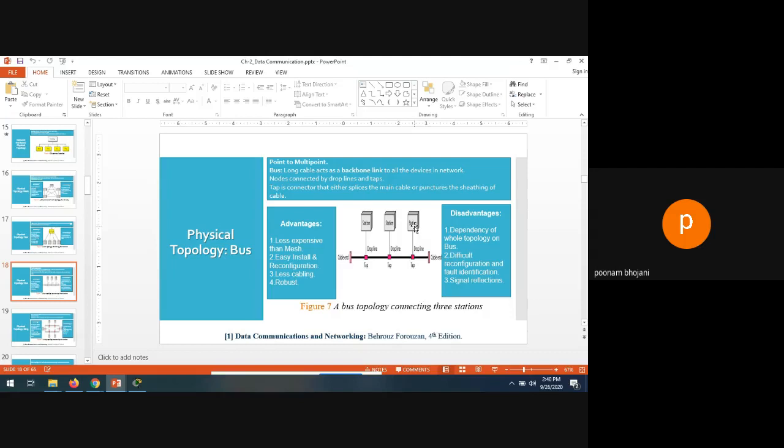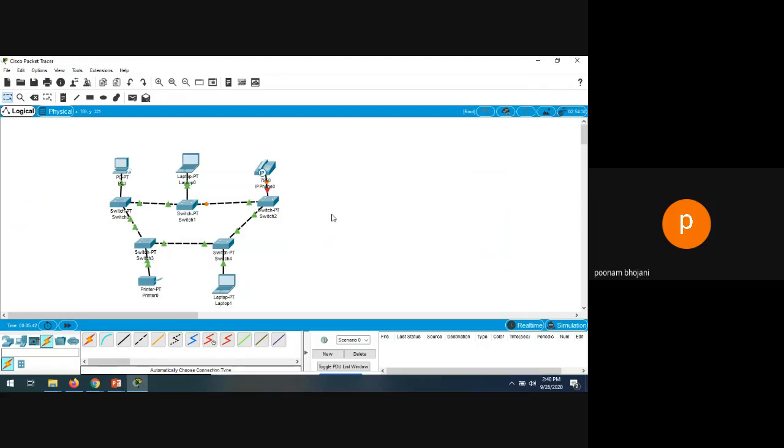This switch will allow the station to send data to this line. That's why I have connected switches with all the stations. So tap is very important. A tap is a type of connector that connects the main cable with the station. Now, the IP phone is connected with a different configuration, and laptops and PCs are connected with a different connection. So different connections may be required to connect the switches.